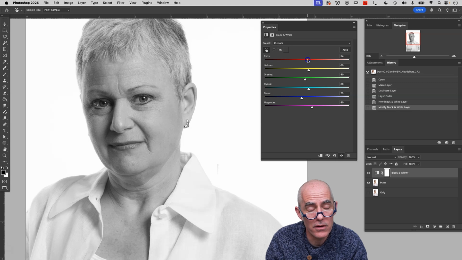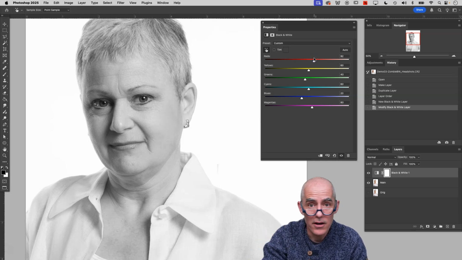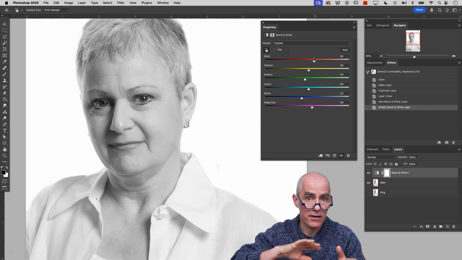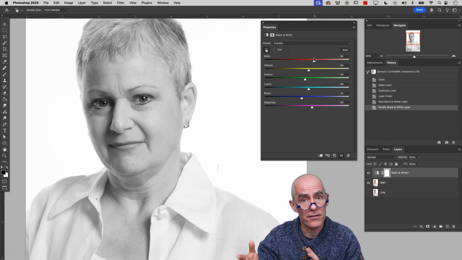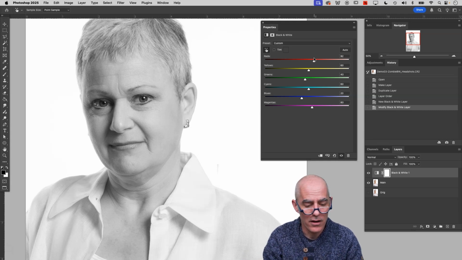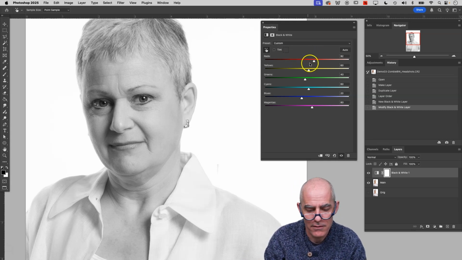If you do that, you need to make sure you go back in and pay attention to your skin tones. Because if I drag this red up a little bit, the skin tone's lighter, that is helpful in some ways, right? As the skin tone gets lighter, it gets less contrasty, and I sort of lose some of that texture, but